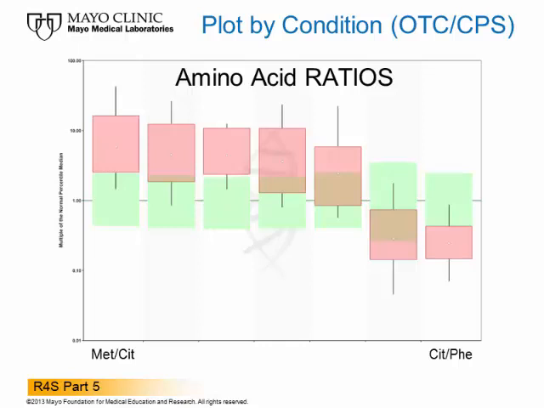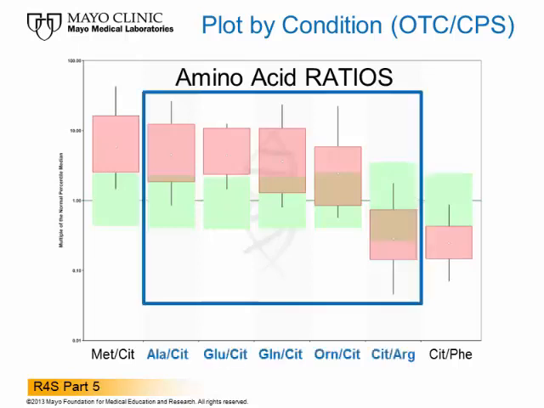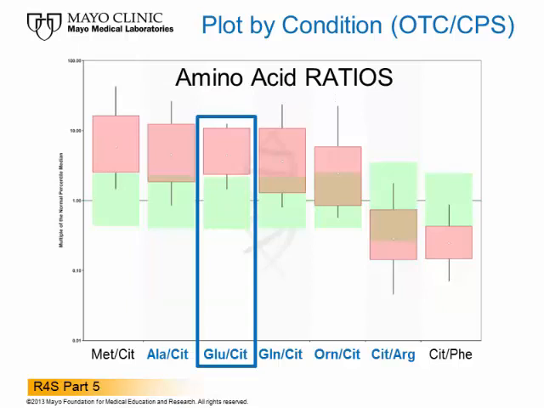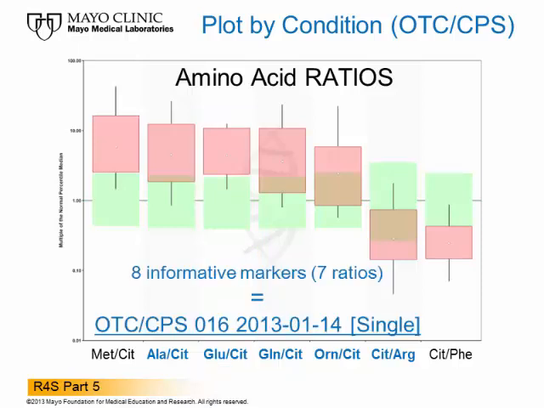5 additional ratios are routinely calculated in R4S for a specific purpose: to recognize cases with proximal urea cycle defects. These are, from left to right, the alanine to citrulline ratio, the glutamate to citrulline ratio, the glutamine to citrulline ratio, the ornithine to citrulline ratio, and the citrulline to arginine ratio. One of them, the glutamate to citrulline ratio, is the one with the lowest degree of overlap between reference and disease range, only 6.7%. Naturally, the availability of 8 informative markers allows the creation of a post-analytical interpretive tool for